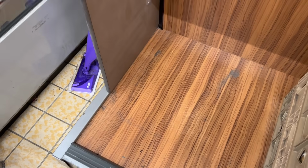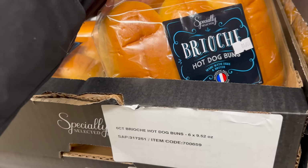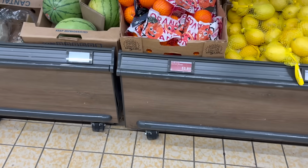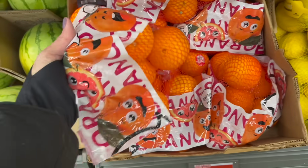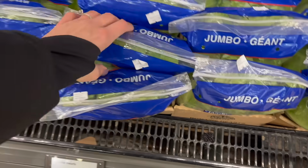Well, we're having hot dogs, and they're out of the normal buns, so I guess we're going to go fancy, and we'll get brioche. These are really good, so I'm not complaining. They're just $3.19. Getting some Cara oranges, $2.89. We're going to have salad with all of our soup this week,